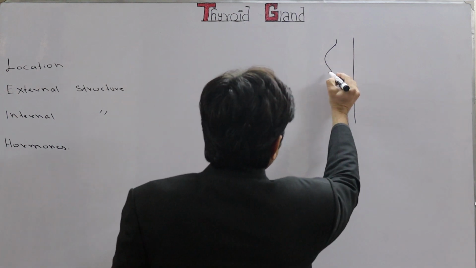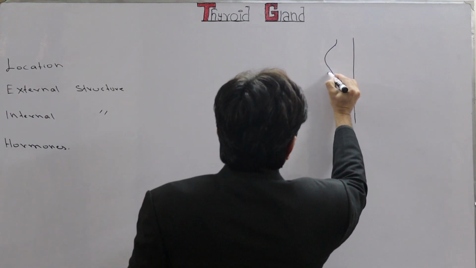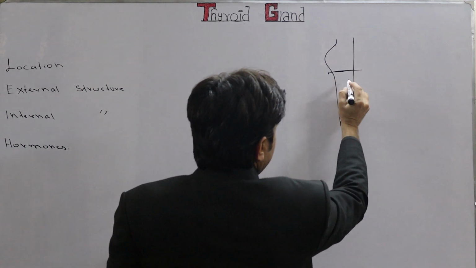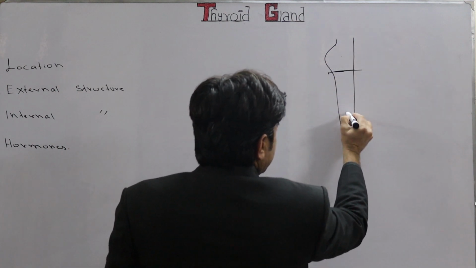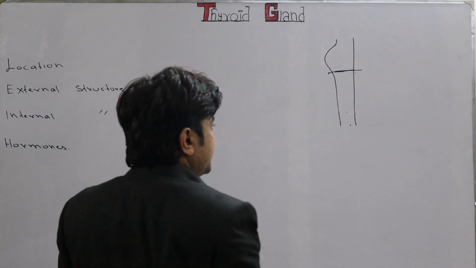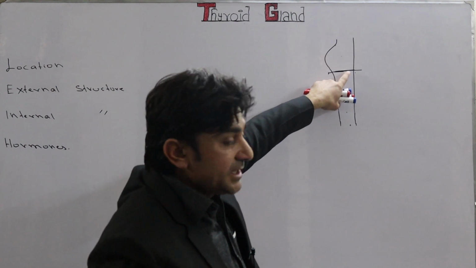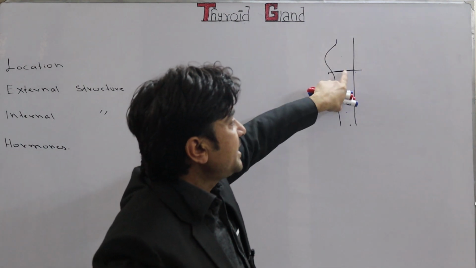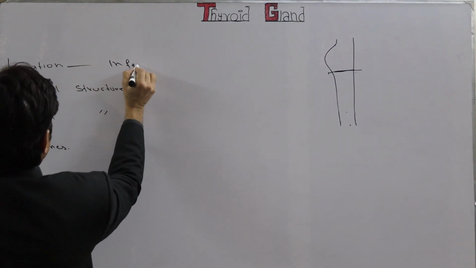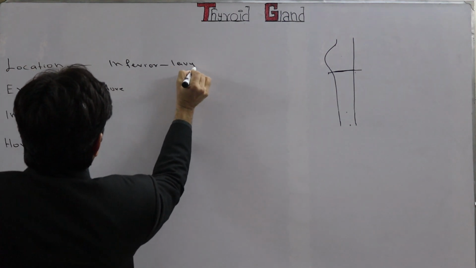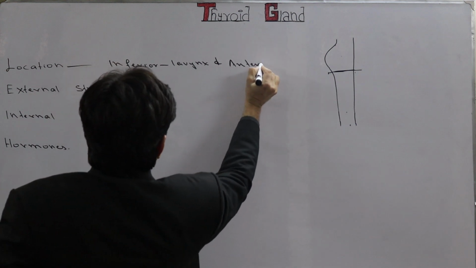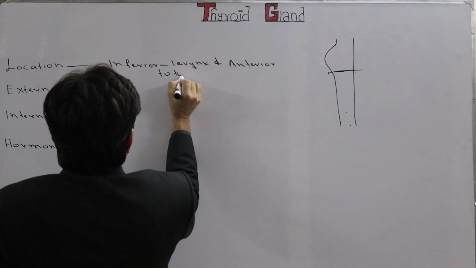So the thyroid gland is present below the larynx, or you may say it is inferior to the larynx. So here is, let's suppose, the thyroid gland, and it is inferior to the larynx, and this is the trachea, and here is the posterior end of the trachea, and this is the anterior end of the trachea. So it is anterior to the trachea while inferior to the larynx. So location is inferior to the larynx and anterior to the